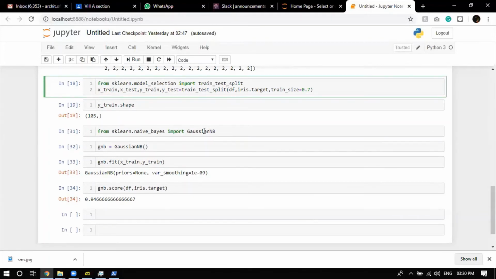You can use any of the 3 in any of the places, but there are 1 or 2 tweaks you can do if the answer is a categorical value. If most of the time the answer will be 1, 2, 3, or a binary one only, 0 or 1, that time we use the Gaussian naive Bayes. It has an assumption: it assumes that the data you're providing is normally distributed. That's what Gaussian NB is.